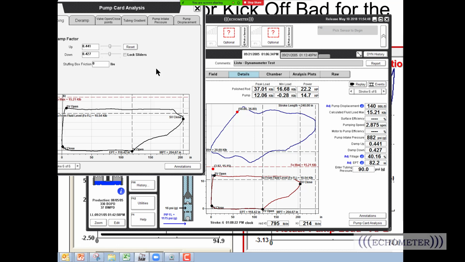And I said, "Well, the pump's pumping just fine. I would expect to see more problems with the pump." He said, "Well, they pump fine. It's just that we have more friction." And then